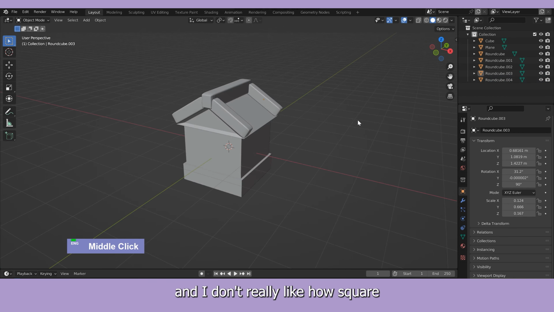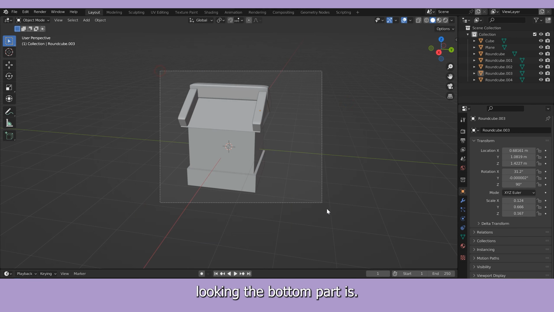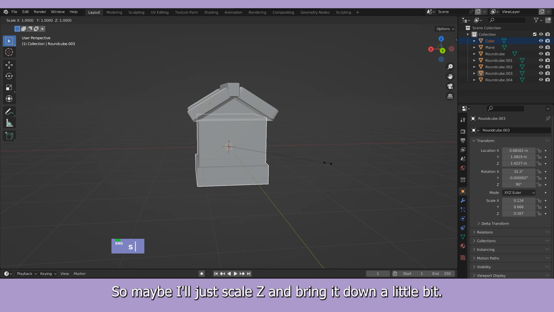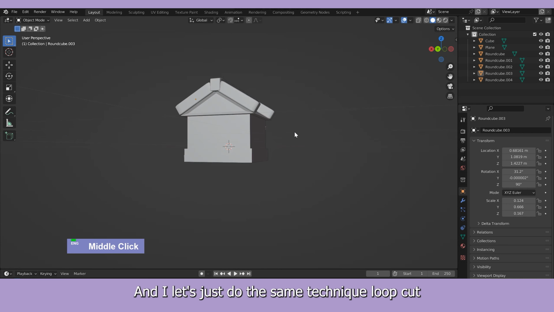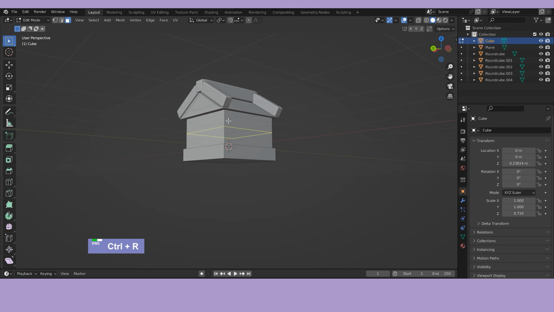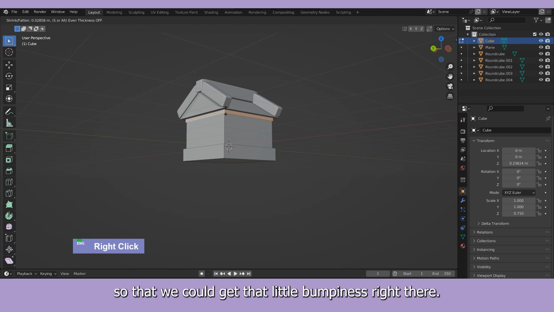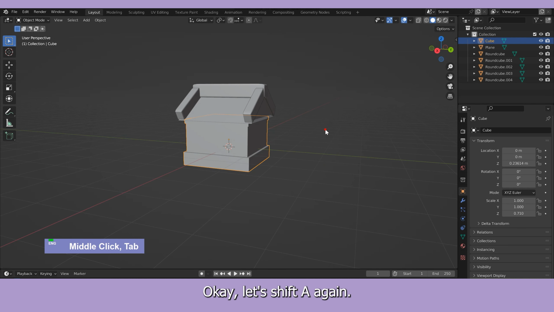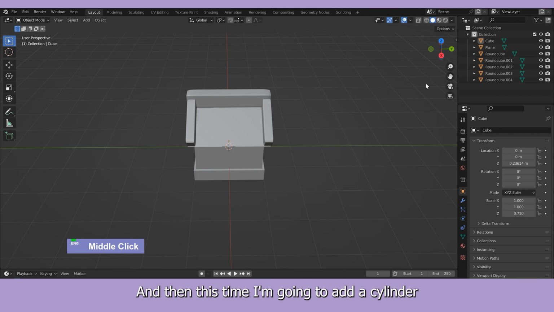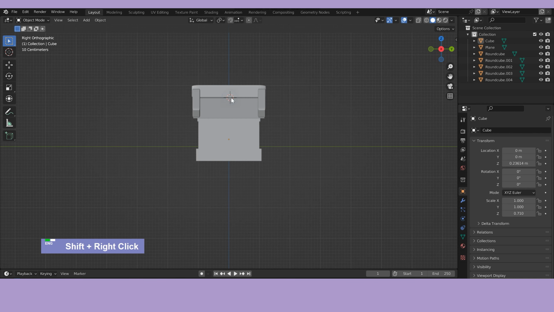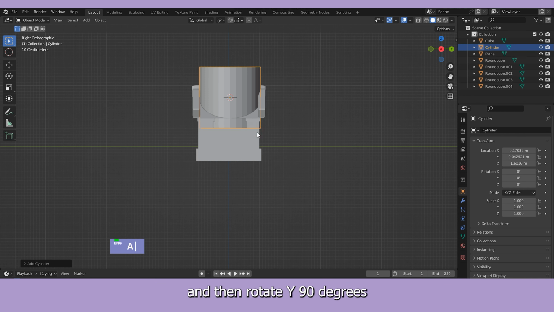And I don't really like how square looking the bottom part is, so maybe I'll just scale Z and bring it down a little bit. And then let's just do the same technique, loop cut, and then extrude from normal so that we could get that little bumpiness right there. Okay, let's Shift A again, and then this time I'm gonna add a cylinder, and then rotate Y 90 degrees,